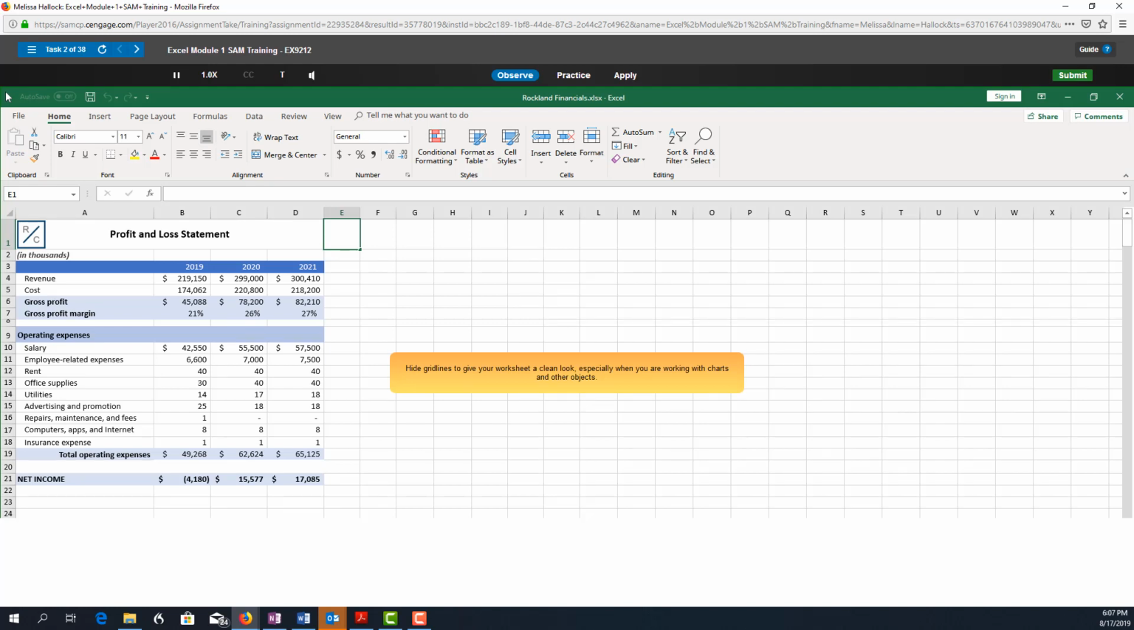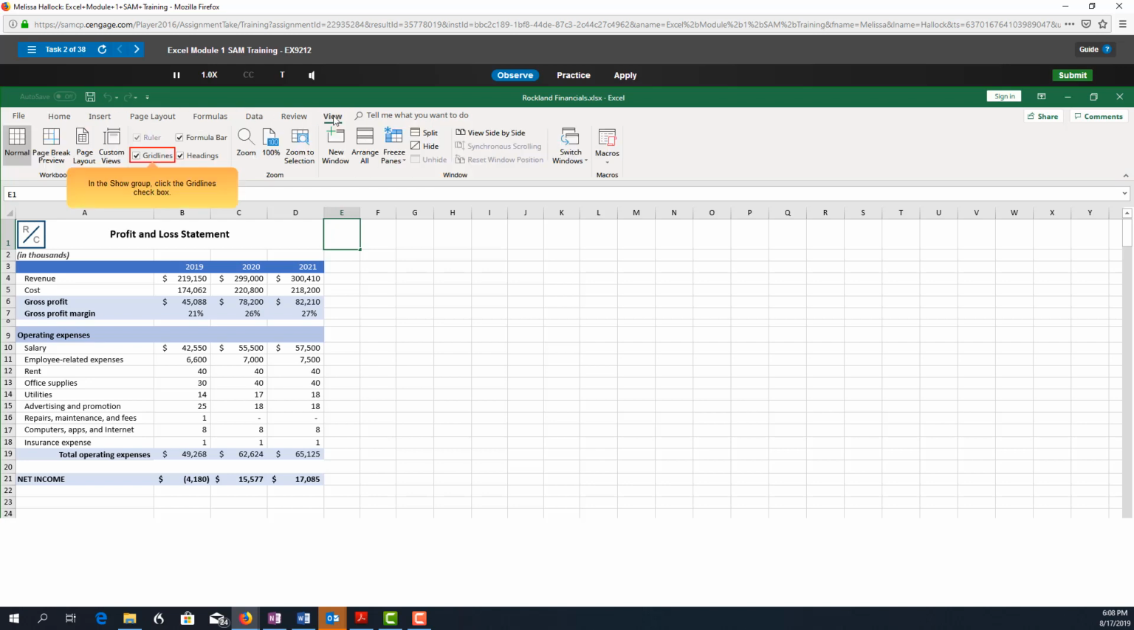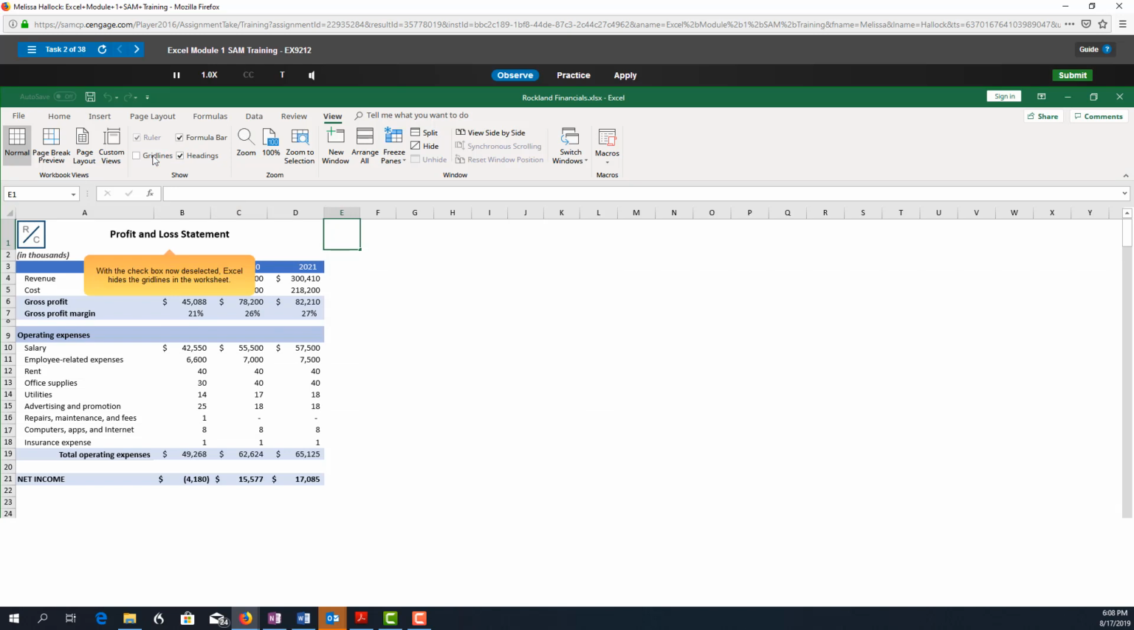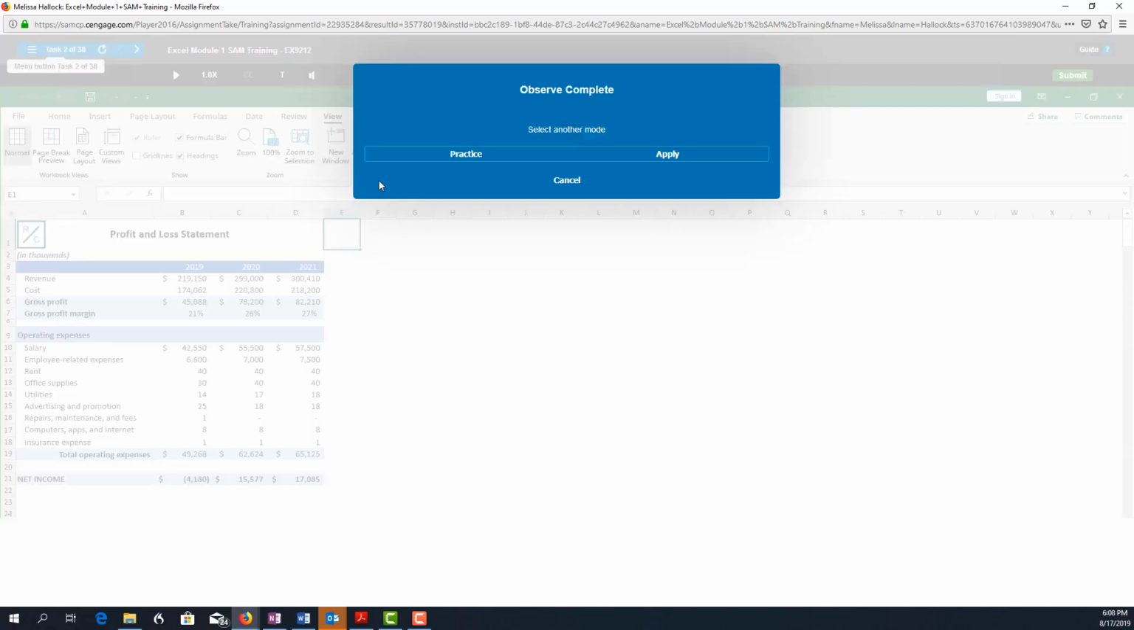Hide grid lines to give your worksheet a clean look, especially when you're working with charts and other objects. Click the View tab on the ribbon. In the Show group, click the Grid Lines checkbox. With the checkbox now deselected, Excel hides the grid lines in the worksheet. Now, once you have looked at that observation, or once you have observed it, you can then click Practice